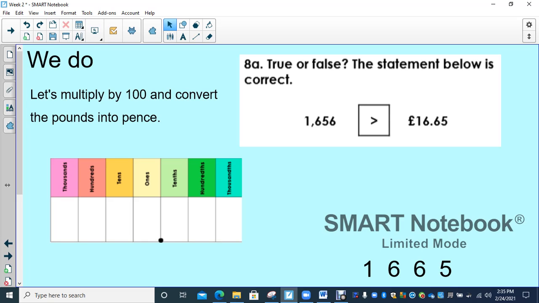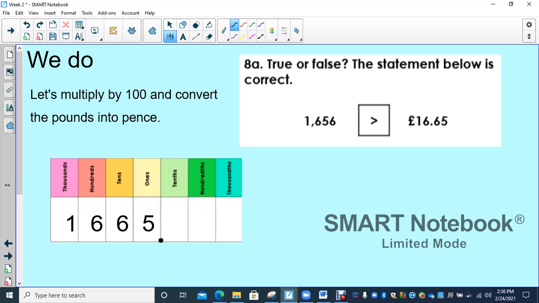Now to help us with this one, I'm going to multiply by 100 and convert the pounds into pence. So I'm going to place £16.65 onto my place value chart, and I'm going to multiply by 100 to convert into pence. So when I'm multiplying by 100, all my digits move 2 columns to the left. So 1 column, 2 columns. So what amount is now displayed on my place value chart? I have